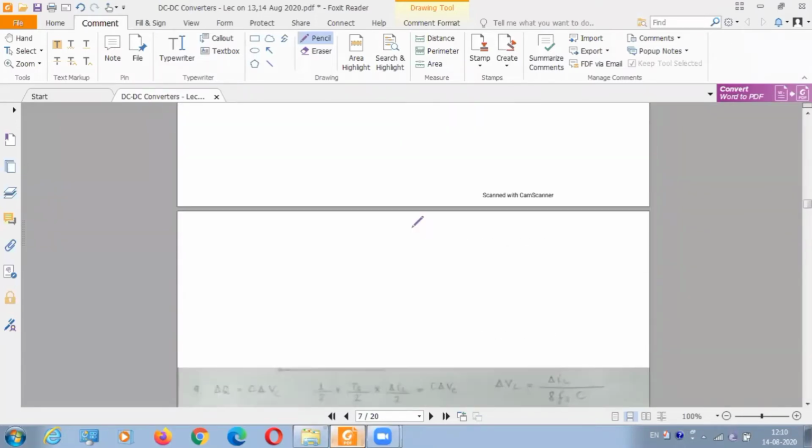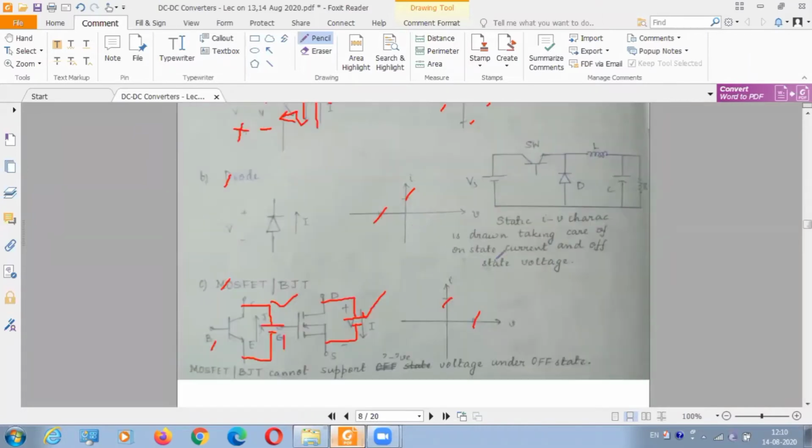So I'm going into the figure next, which is the actual figure you will see in the books. This one. So this is your T1 point. If you recall, this is your P point. This point is T2. So between P to T1, MOSFET or BJT is connected. Between P to T2, diode is connected. So this is the actual figure of your buck converter. So whenever in your question it is asked to draw a buck converter, you will draw this figure. No need to draw that previous one. It is for your explanation of how that switch is removed and replaced by power electronics devices.